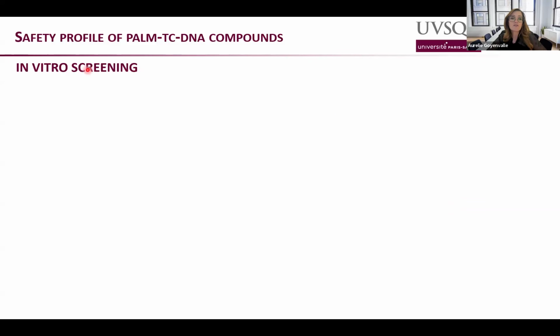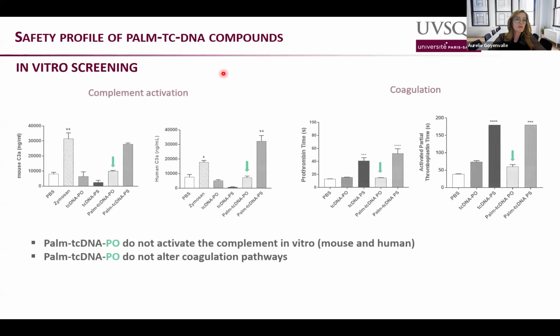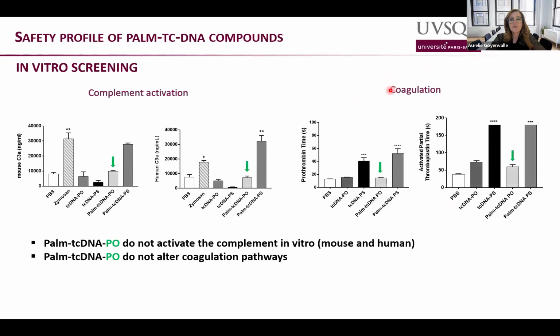So we first did an in vitro screening to look at, for example, complement activation or coagulation pathway that are often impacted by PS content. And we could see that the palm PO did not activate the complement in mouse or human serum, but also did not affect the coagulation pathway. So there's no increase here in the prothrombin time or here in the activated partial thromboplastin time, which is impacted by the tcDNA PS. So overall, in vitro, it looked like the palm tcDNA PO compounds presented a safer profile